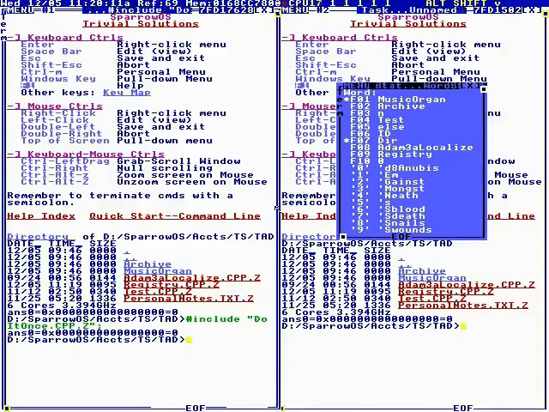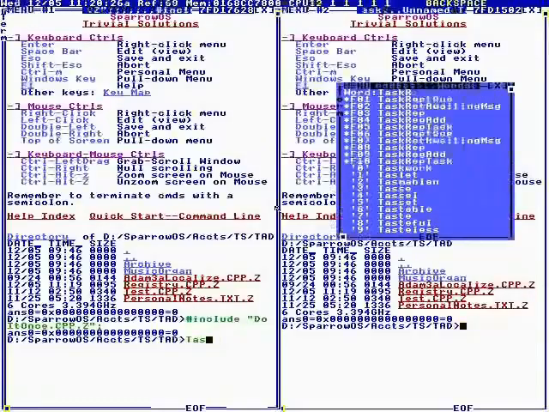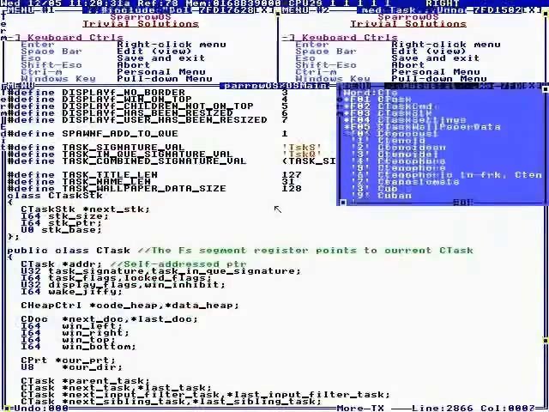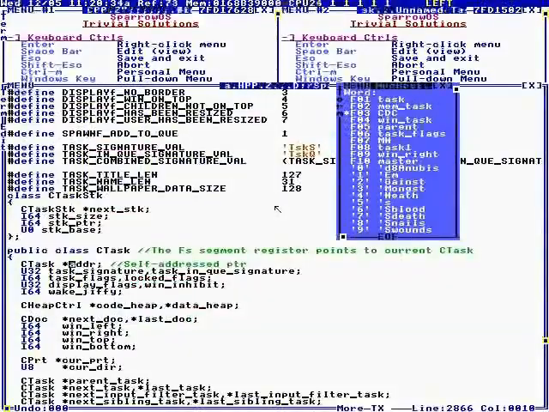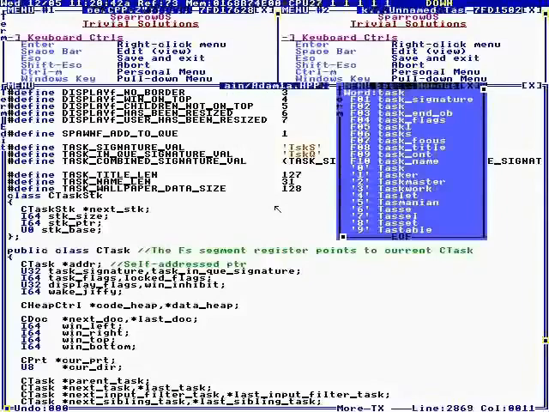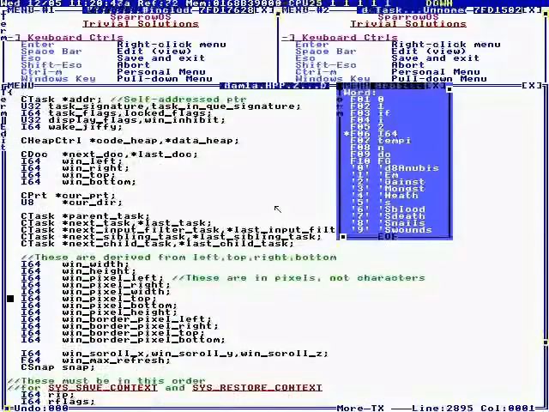Okay, so 64-bit mode doesn't really have segmentation, but it does support FS and GS. FS is kept pointing to the current task record, the task structure, and the first address in the task structure is a self-addressed pointer. We'll get into that in a second. Anyway, a task record has stuff like, there's one window per task, and these are the window dimensions and